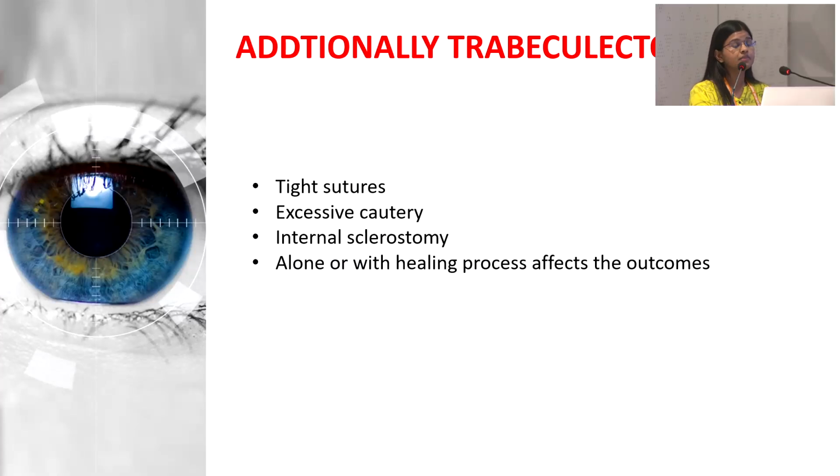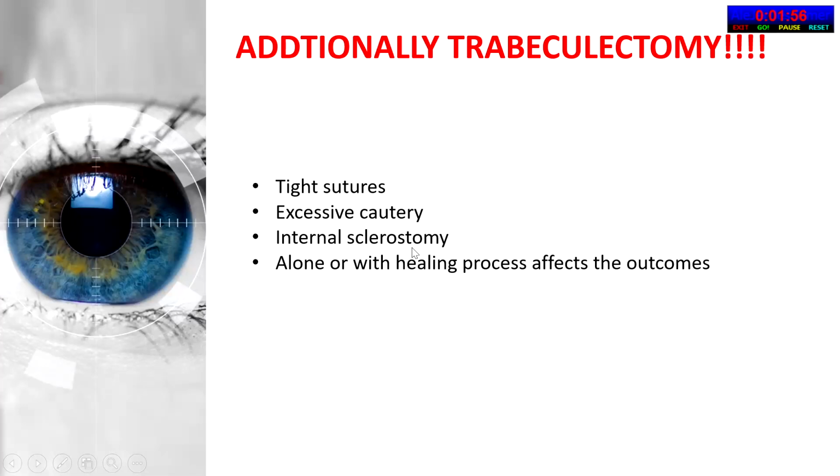Now, if I do a phacotrab, I'll never go with a toric IOL because I can calculate my SIA in case of a plain phaco, where it's a robotic surgery, my 2.2 is fixed, everything is fixed. But trab, it's different for different individuals. You have a very narrow window: a low IOP is a problem, a high IOP is a problem. So you have to decide intra-op how many sutures, what sutures, tight sutures. So I cannot calculate the SIA in case of trab. Tight sutures, excessive cautery, sclerotomy, all create astigmatism.